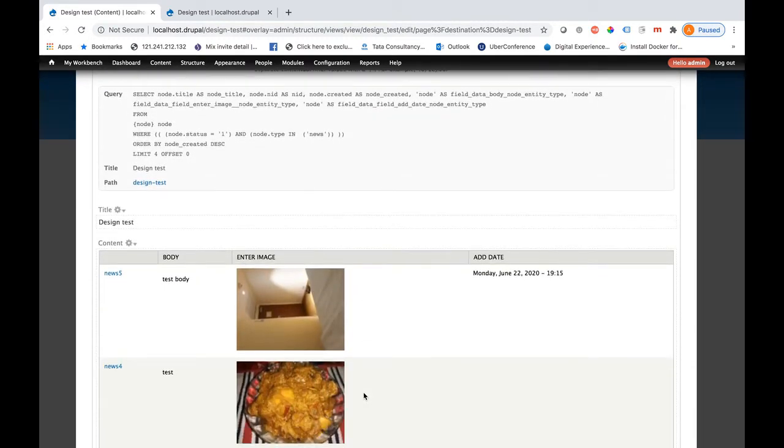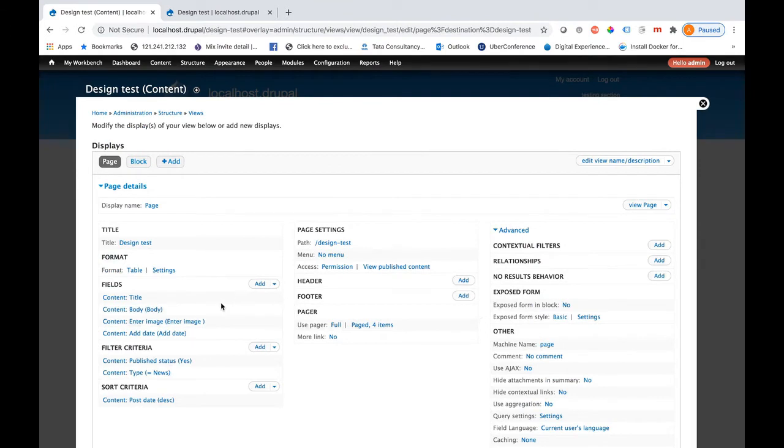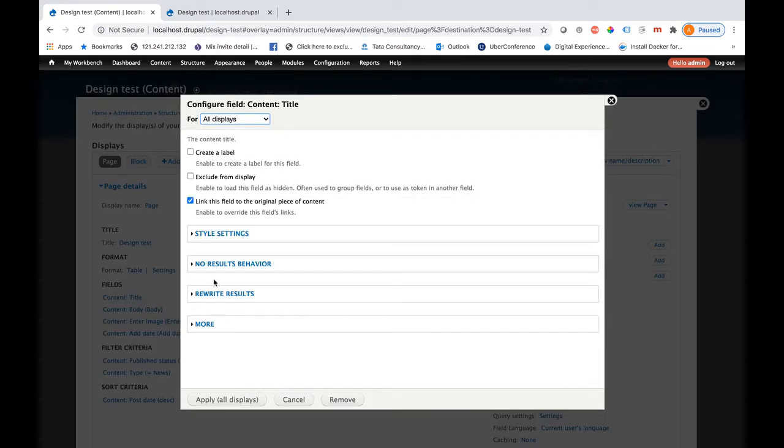Here I have already created one simple view pulling the contents from the news content type with the fields called body, image and date. For example, if you want to change or add any class name, you can do it easily from the existing capability. If you click on title, you can see there is a style settings section.